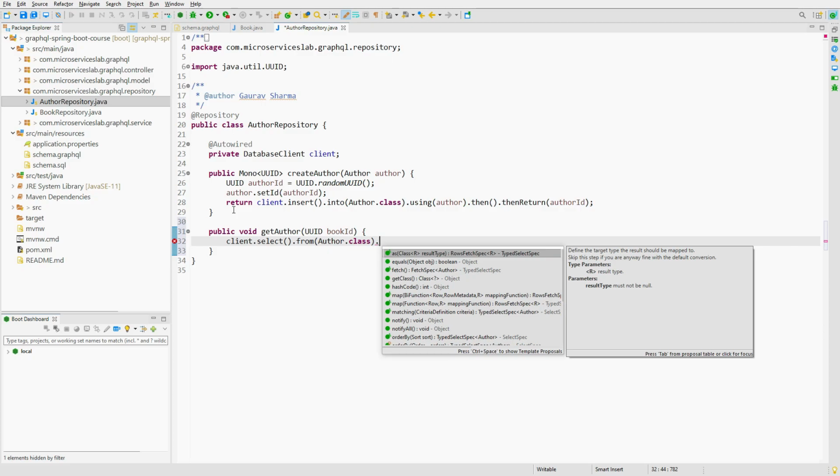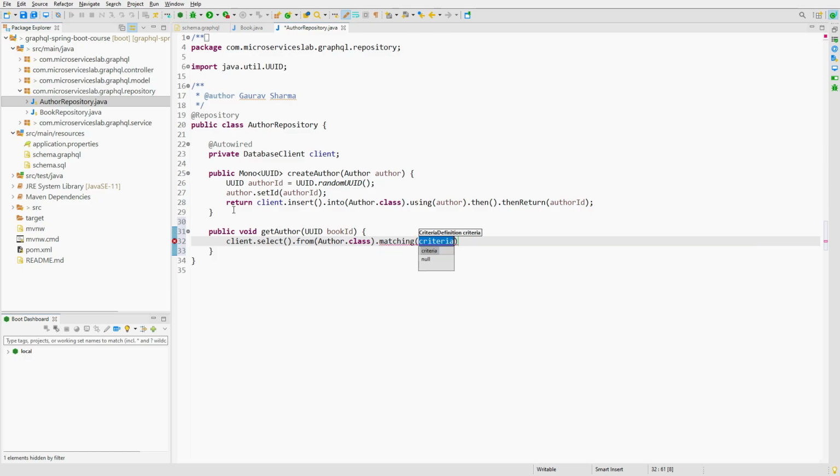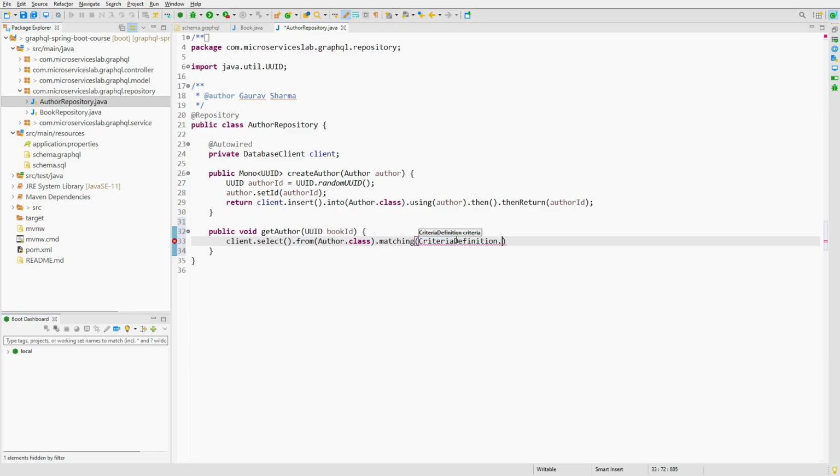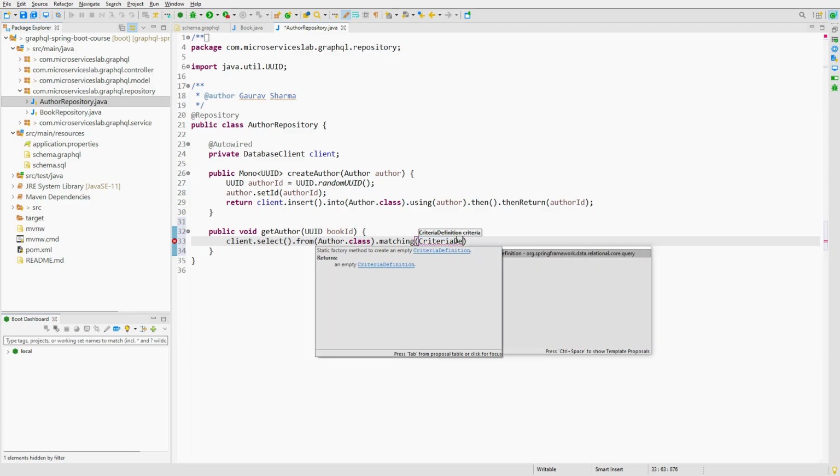So we have to use the same clause that we use in our daily life with SQL, the where clause. And in order to use the where clause with the database client, we have to use the matching method over here, and we have to specify a criteria. This criteria comes from the package org.springframework.data.relational.core.query, and we will use the where method in it.